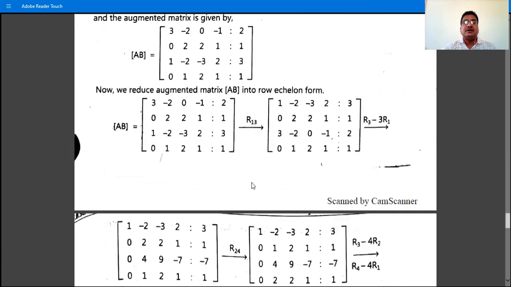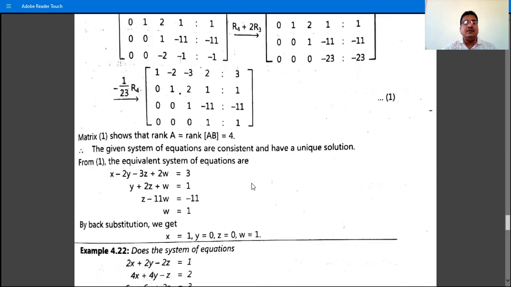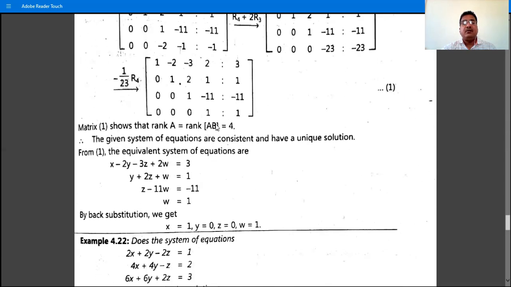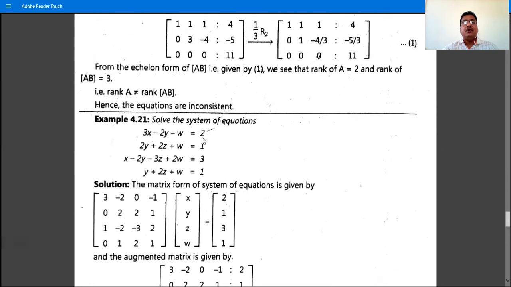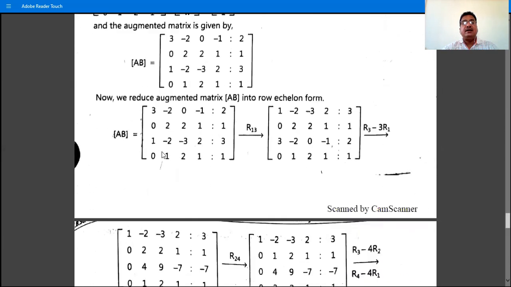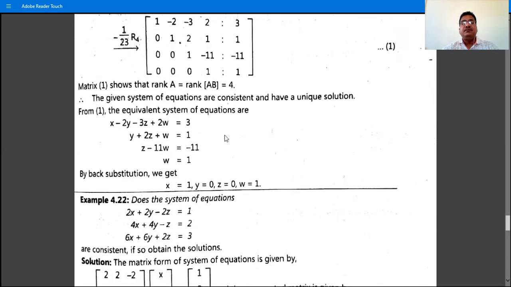Why is the system consistent? Because for the system, the rank of the coefficient matrix A and the rank of the augmented matrix AB are the same, and therefore the given system is consistent. And this number, rank of A and rank of AB, is 4, and in the given system there are 4 unknowns, x, y, z and w, so rank of A is equal to rank of AB is equal to